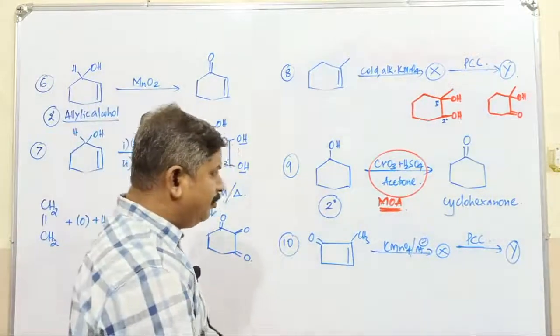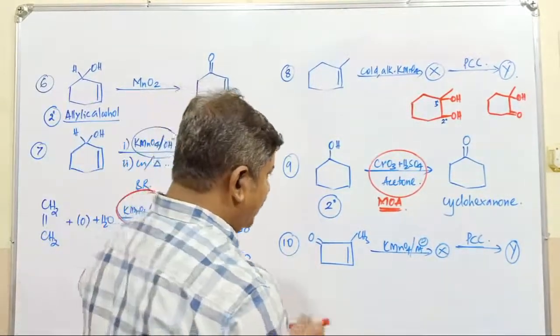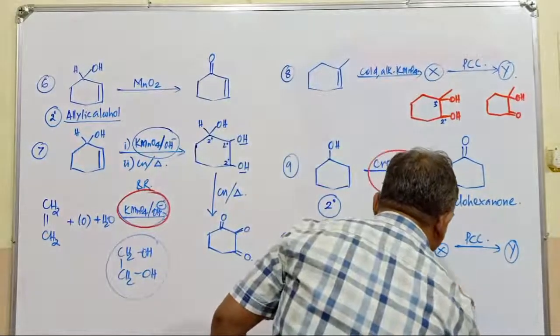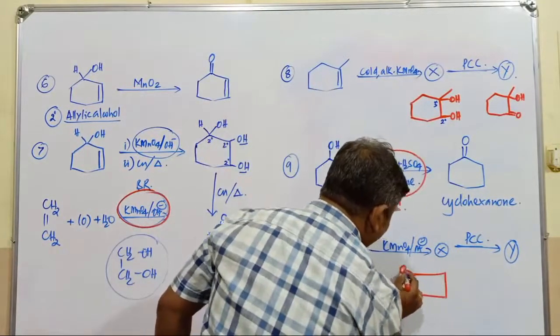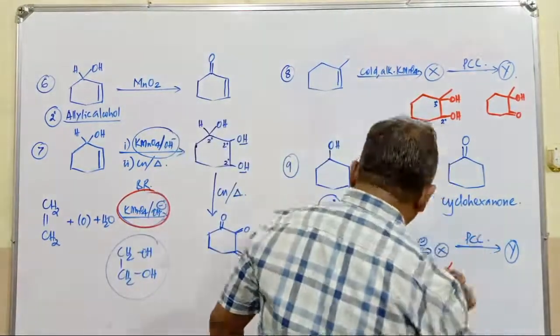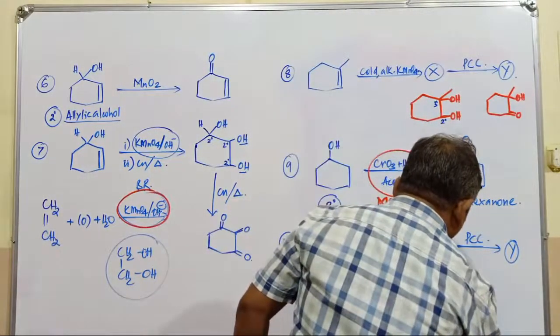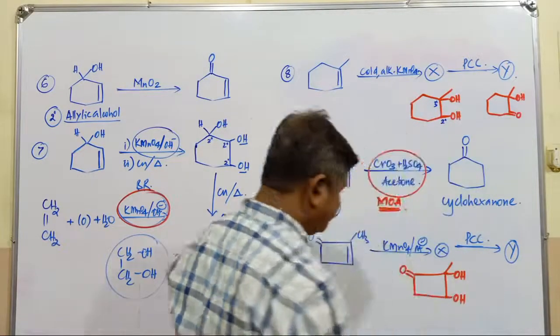What is PDC? Pyridinium dichromate compound. Almost the same type of reaction is there. The X compound in case of this reaction is going to be, again KMnO4 is there. This double bond, whether it will affect the ketonic functional group, there is no effect at all. This is a CH3 group and here it is OH, similar to this one. Next one is going to be OH.